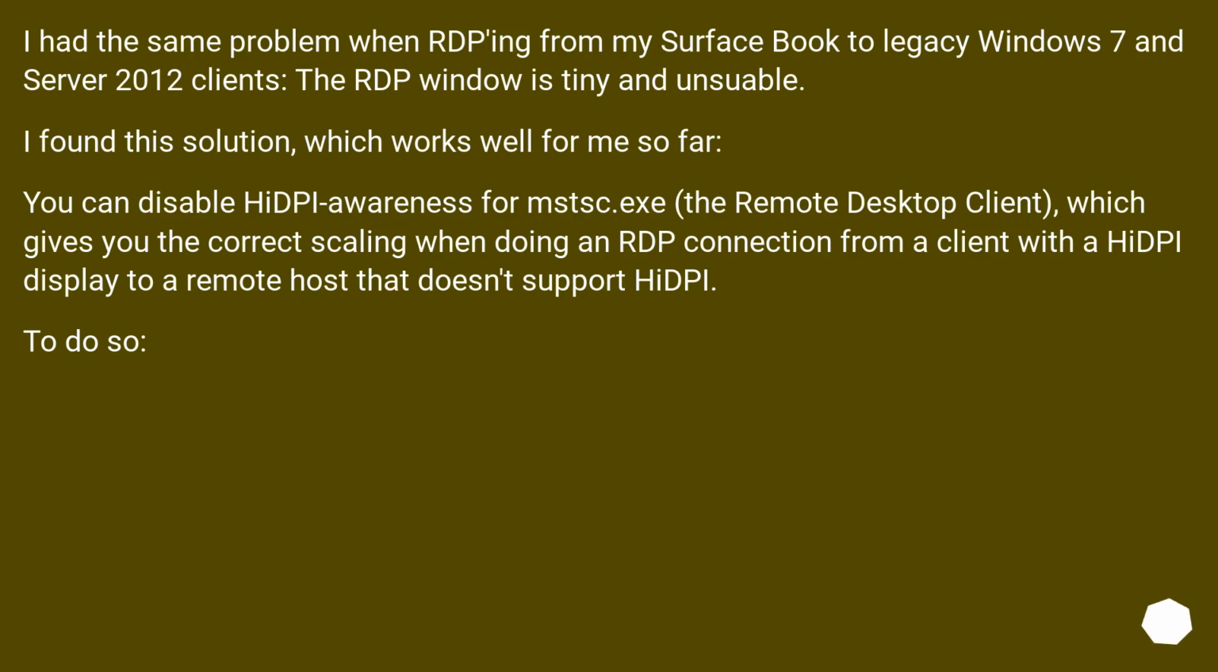I had the same problem when RDPing from my Surface Book to legacy Windows 7 and Server 2012 clients. The RDP window is tiny and unseeable. I found this solution, which works well for me so far. You can disable DPI awareness for MSTSC.EXE, the remote desktop client, which gives you the correct scaling when doing an RDP connection from a client with a high-DPI display to a remote host that doesn't support high DPI. To do so,